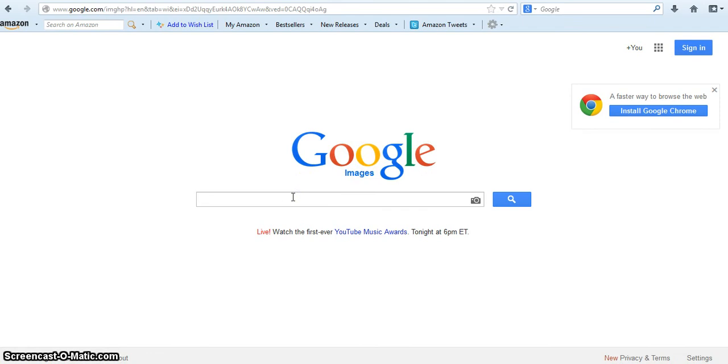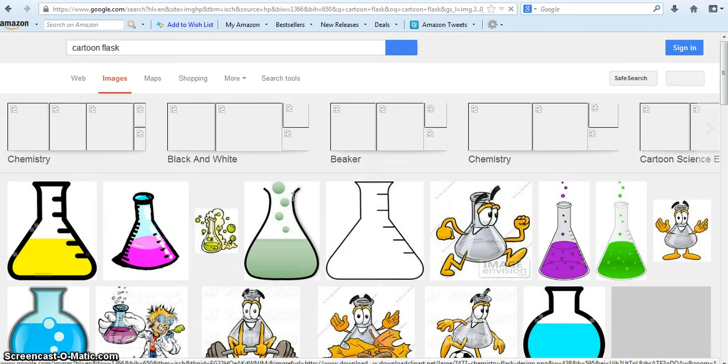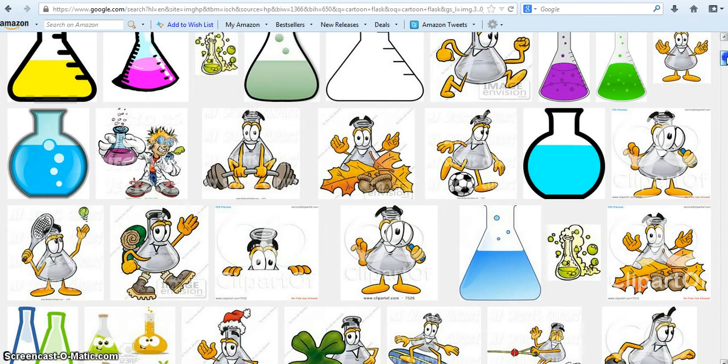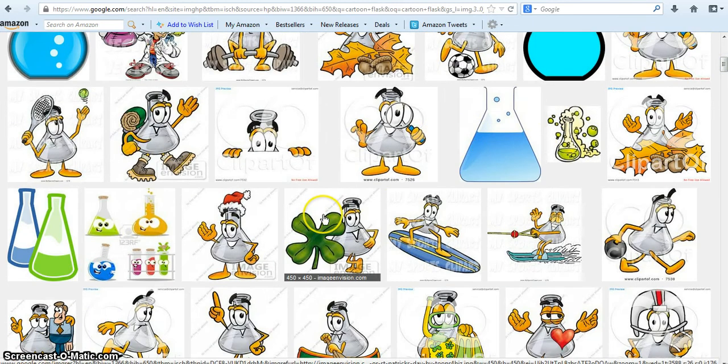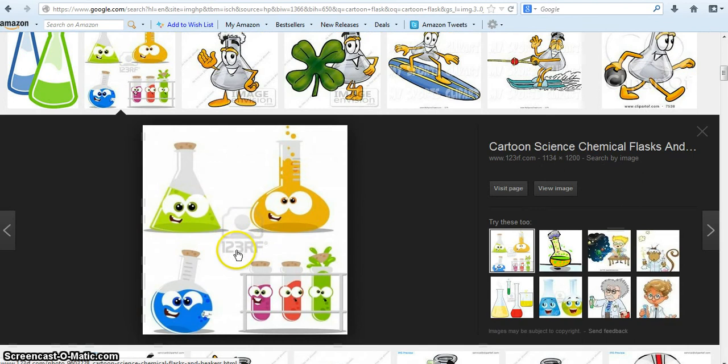So you want to choose something fun. I'm going to go with Cartoon Flask and see what comes up. Okay, so when I say watch out for watermarks, what I mean are all these little marks that tell you where the image belongs to. You want to choose something that doesn't have those, or that you can work around. Like this one, I think is really cute. So I'm going to choose this one, but it has a watermark in the back, and